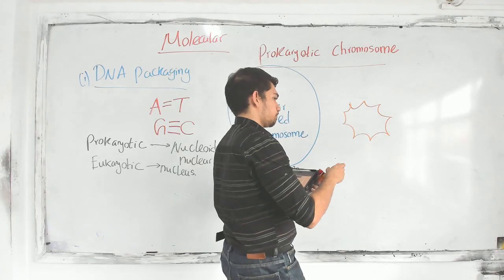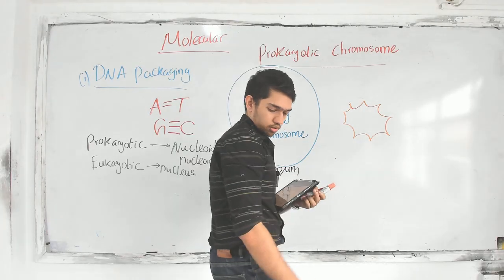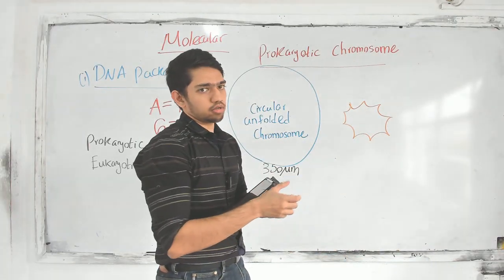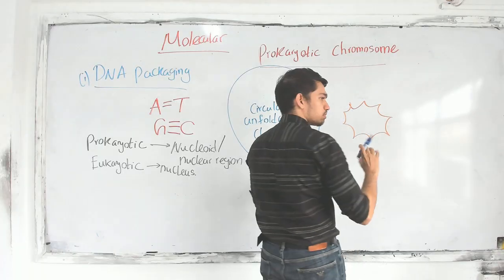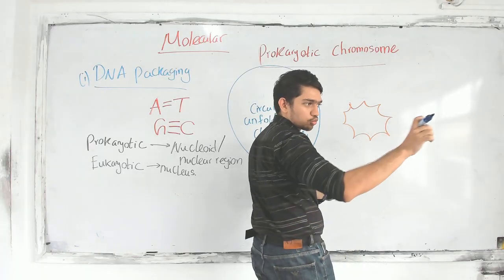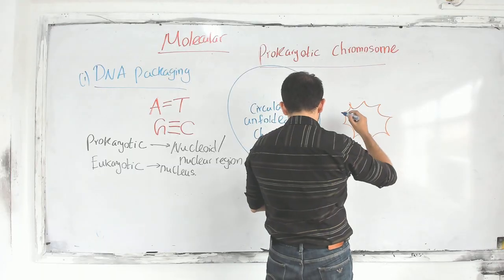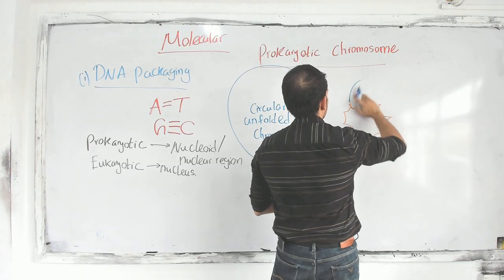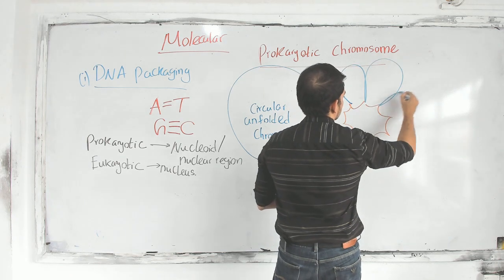It's like when you wind a ball of string, you put something in the middle, right? When you are organizing a ball of string, sometimes you put a tube in the center. So this is going to help to nicely organize this circular chromosome. It's going to be attached like this. This circular chromosome is going to be attached like this,